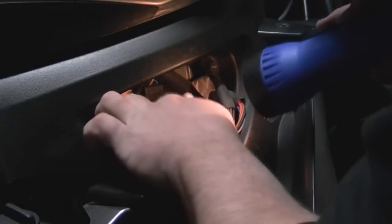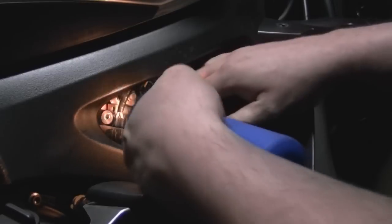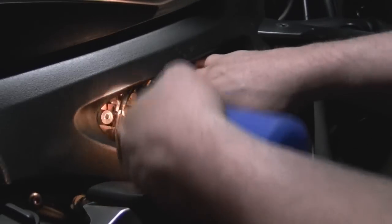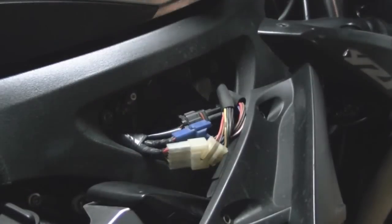Okay, let's make sure. Now we're gonna check those lines, make sure it's lined up. It's about right there. Now we're going to go ahead with our T25 Torx bit and we are going to tighten it back down. And after we get this done, we're going to hope and pray to the good Lord above that this fixes the problem, because according to the dealership I take my bike to,